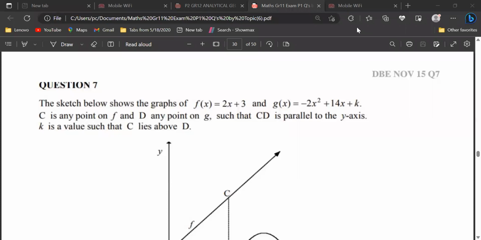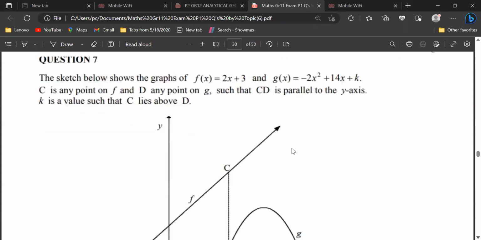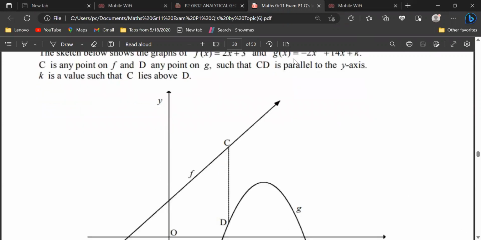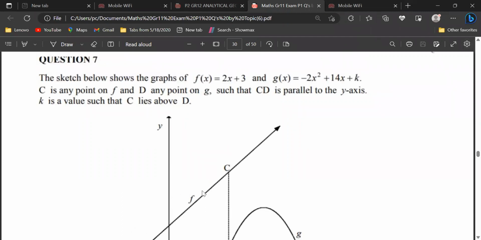Okay, if we look at the following here, we are given a sketch below. The sketch is of f of x, and it's also of g of x. We should be careful here, because people are used to f of x being the parabolic function and g of x the straight line. Here, the straight line is f of x. So you're given f of x as a straight line, and g of x as a parabolic function. And then they say C is a point,